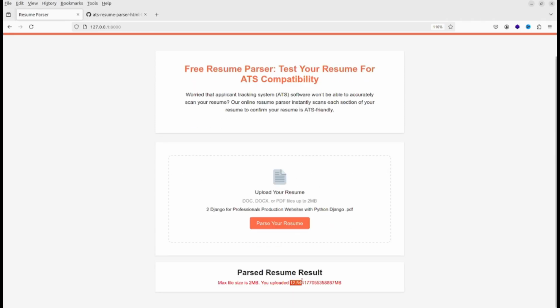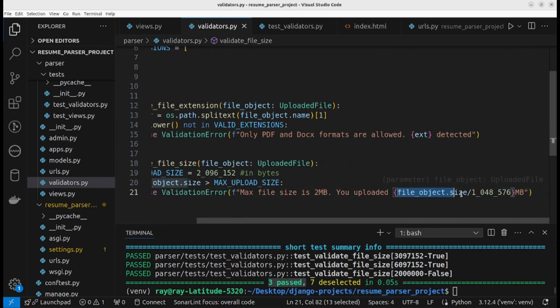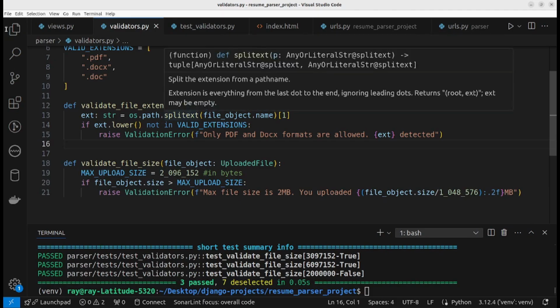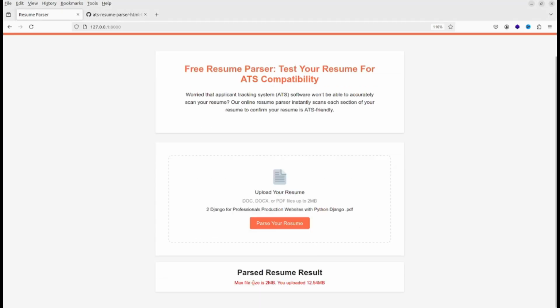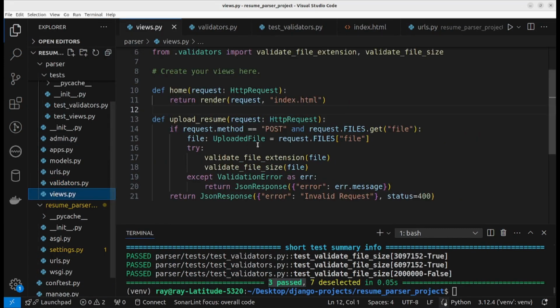We would like to convert this number to 2 decimal places. Let's do that in Python. .2f. Now let's try it out again. Max file size is 2 megabytes. You uploaded 12.54 megabytes. So when a file is uploaded, we need to first read the content of the file